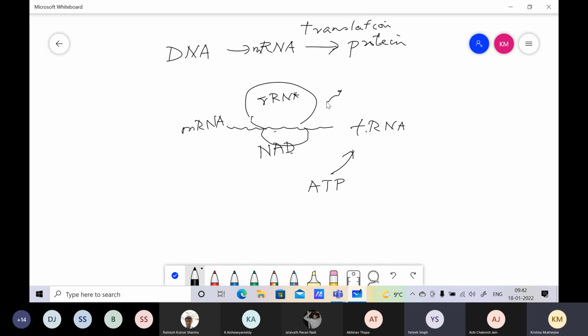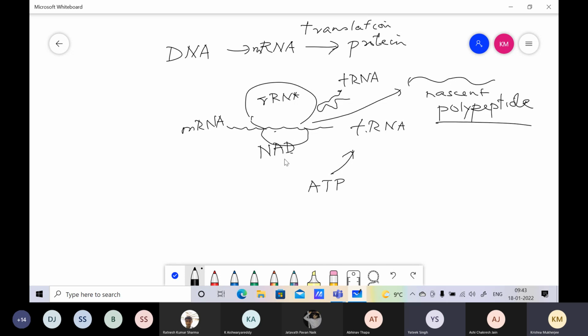and this is dragging in some tRNAs. Oh, there's a very poor drawing of tRNA, but anyway, sorry for that. Dragging in tRNA, and then this mRNA train giving rise to the nascent polypeptide. Nascent polypeptide being formed. Remember, these are happening in fractions of seconds. So this is a system which is damn efficient, but it does require ATP, NADH, energy molecules, rRNA molecules, all